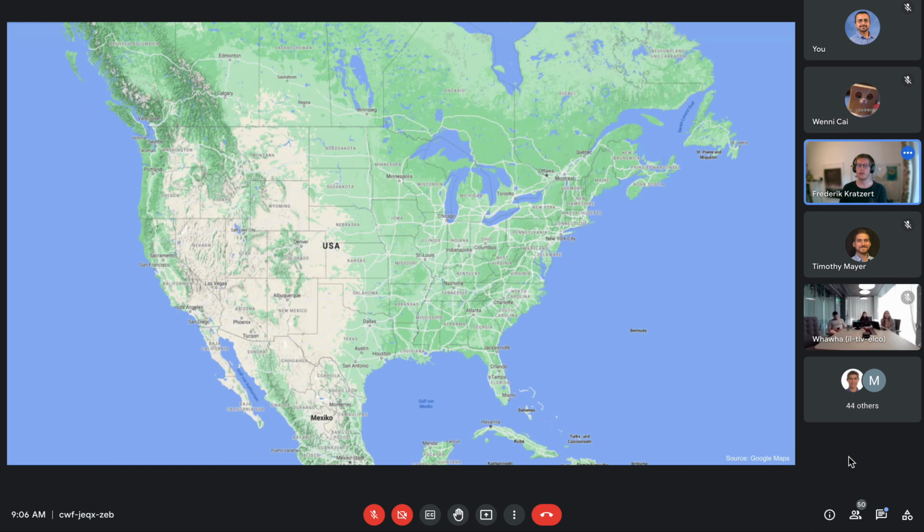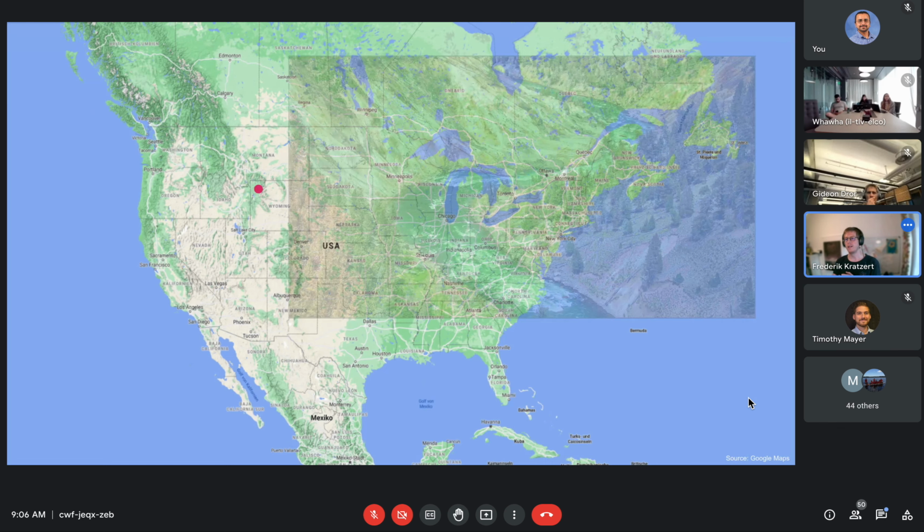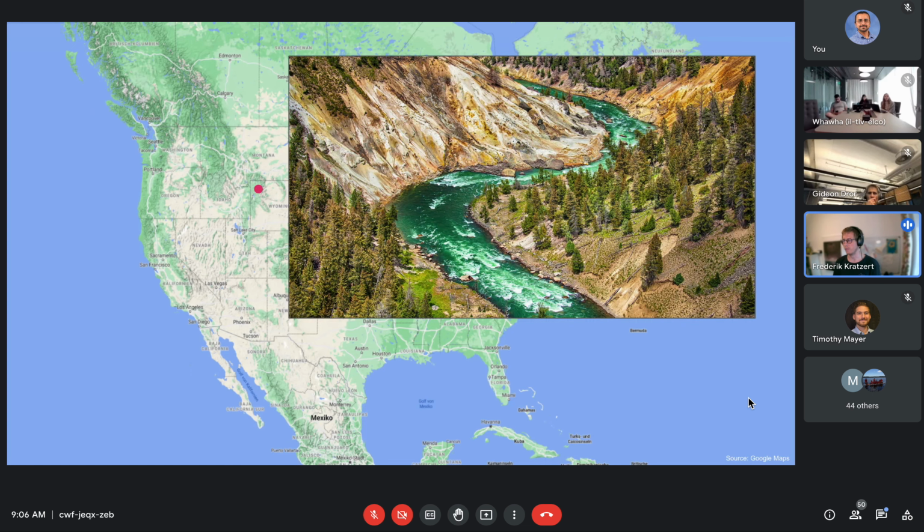So imagine you're looking at a map and you point to some random river. And now you want to know how much water there is in this river today or tomorrow or in 5 days. Or you want to know how this river might evolve in the future. This task in hydrology is called rainfall runoff modeling. And that's the task I've been working on over the last years.